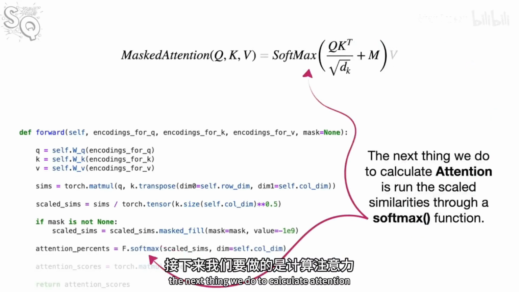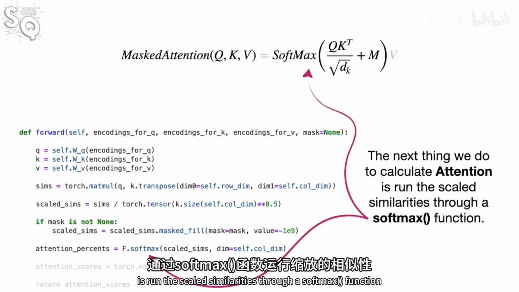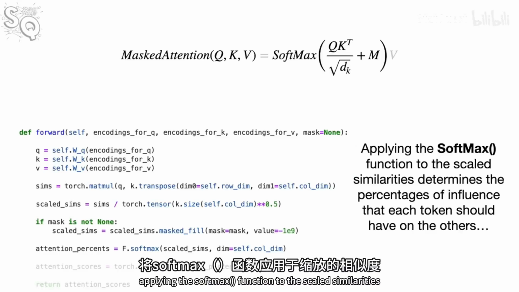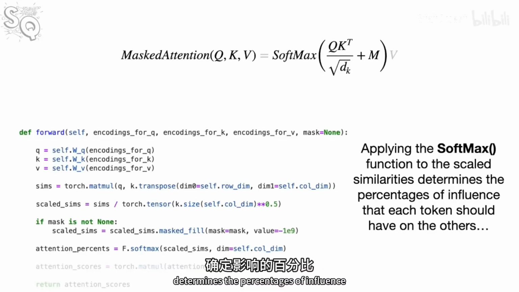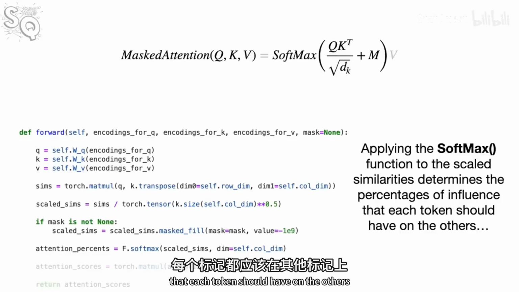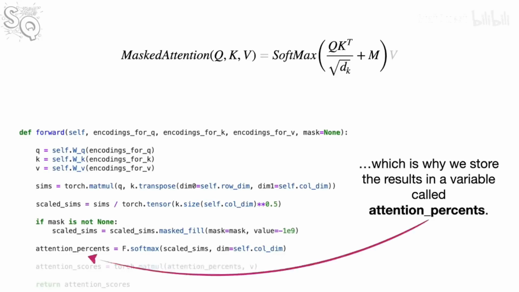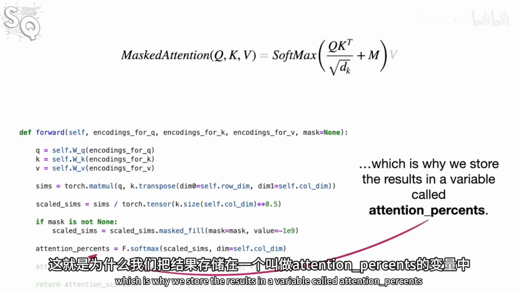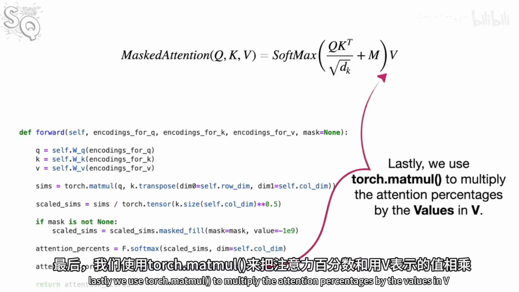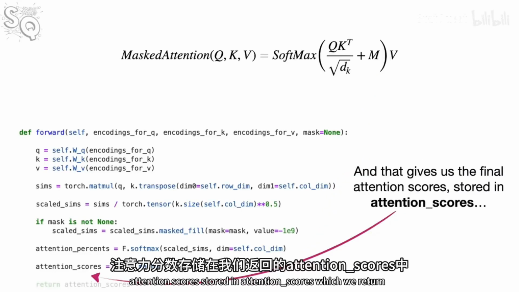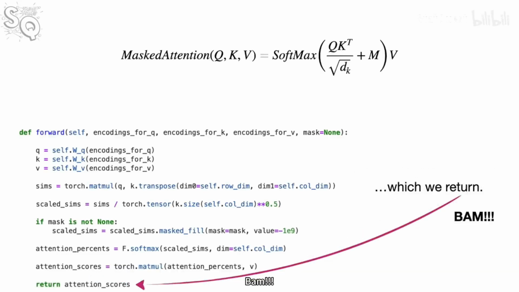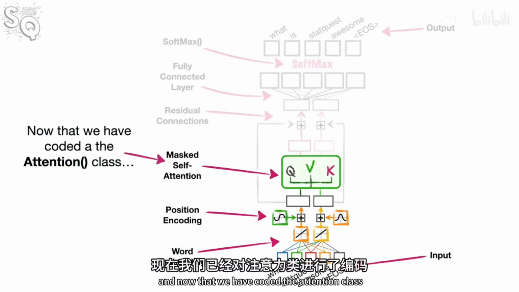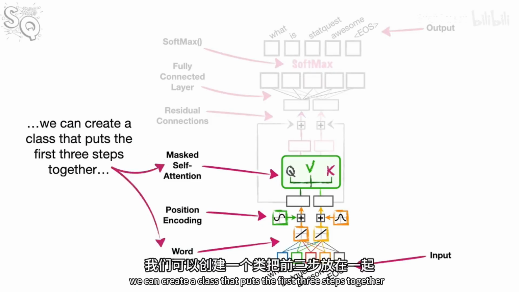The next thing we do to calculate attention is run the scaled similarities through a softmax function. Applying the softmax function to the scaled similarities determines the percentages of influence that each token should have on the others, which is why we store the results in a variable called attention percents. Lastly, we use torch.matmul to multiply the attention percentages by the values in V. And that gives us the final attention scores stored in attention scores, which we return. Bam! And now that we have coded the attention class, we can create a class that puts the first 3